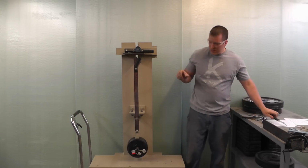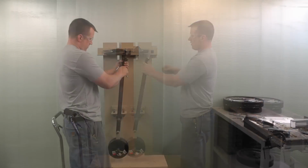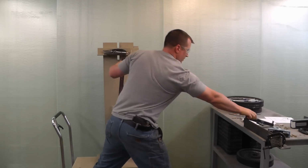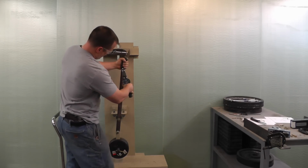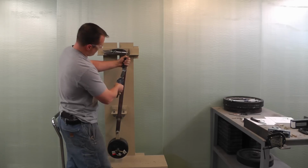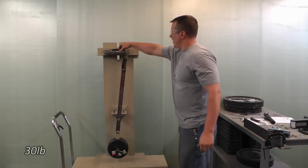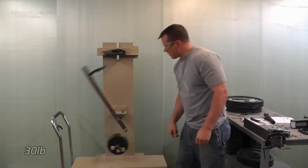But now, this, I don't know. Pretty shocked that that failed. I bet you're shocked. I am. I am. I really am. Okay, there's 30 pounds of torque. Move that. 1,